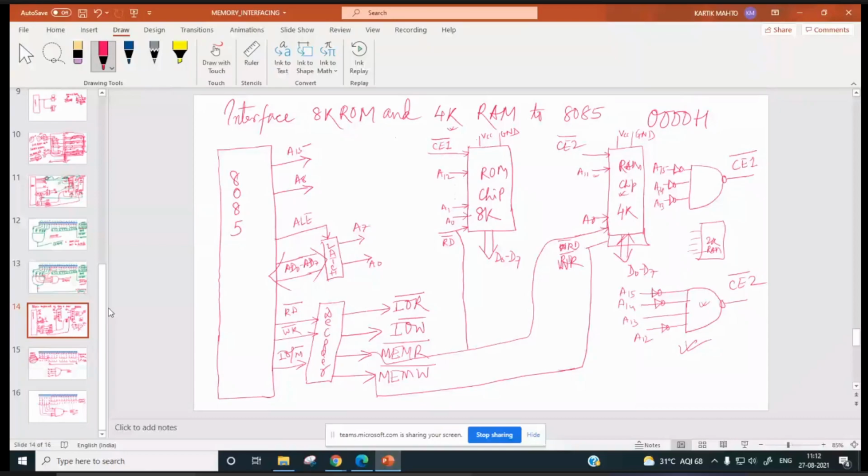Right, already with that slot, these types of connections will be there. Like D0 to D7, and another slot D0 to D7 will already be there. All these things will be already connected, A0 to A10, 11, 12, like so. The slot for expanding the memory will be there for a fixed size of ROM and RAM. If you want to expand your RAM, then the slot will be fixed. You can put only 4K RAM over here.